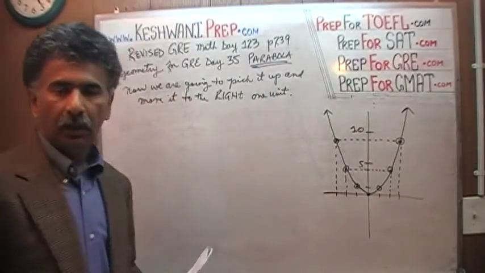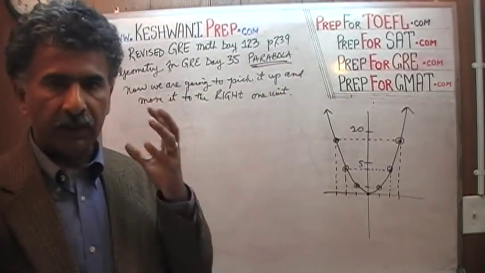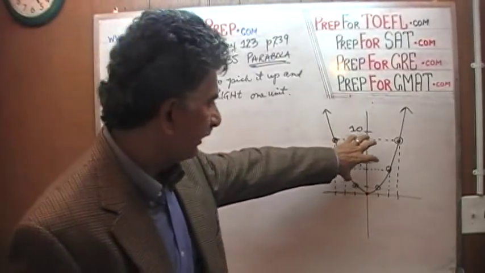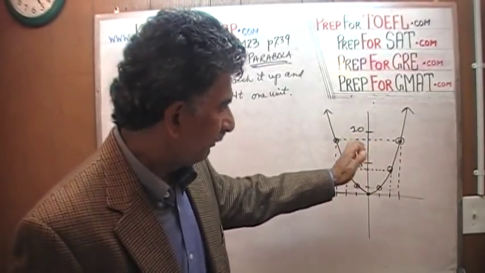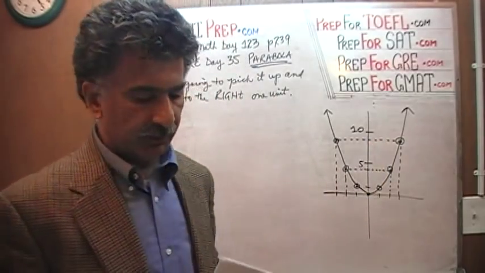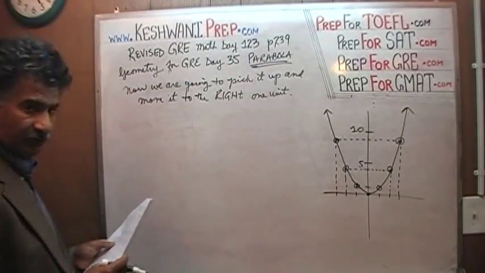That's what we're going to do. I want you to picture it in your mind, physically, as if you could pick up this graph and move it to the right, just 1 unit. So what's going to happen as a result is,